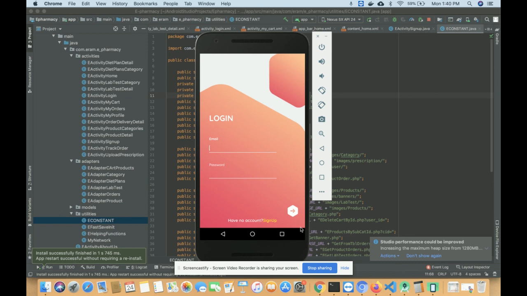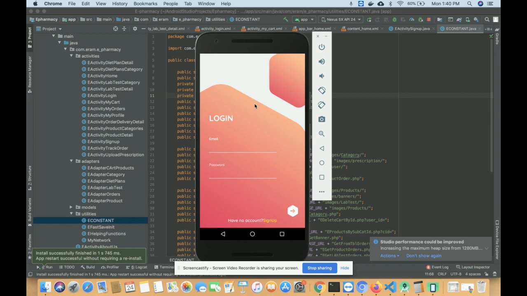So this project title is ePharmacy, and it's an Android application with an admin web application, right? For running this project, you need to open it in Android Studio, and after Gradle sync, you can run the project using the run command, right? You can run the project on an emulator, or if you have an Android mobile, you can connect it after enabling USB debugging, and run this project on the mobile device, right?